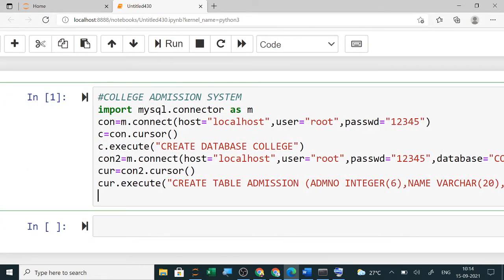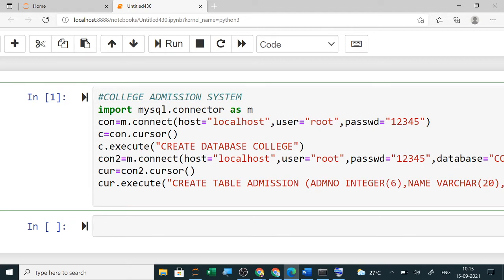Now the next one will be insert into. So you have to insert the values in this table, and then only you can select, you can search, you can display all the values. So first we will write insert into. Now one by one, suppose I want to insert 5 records.